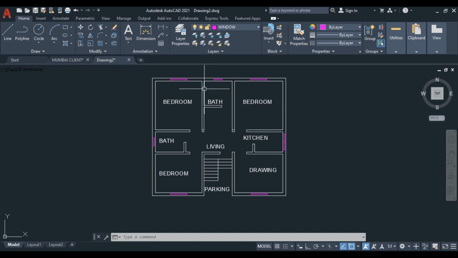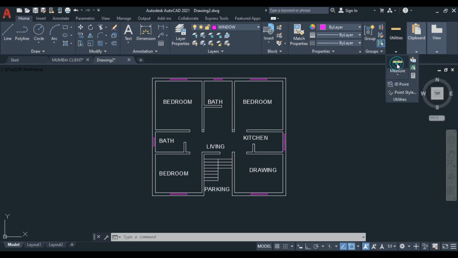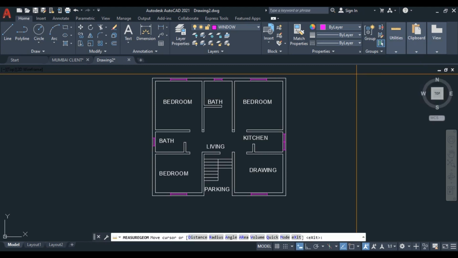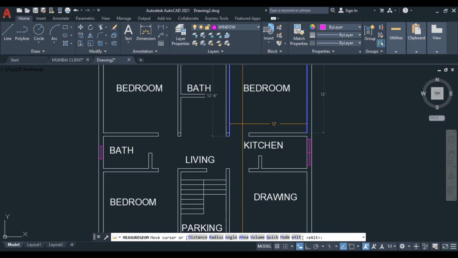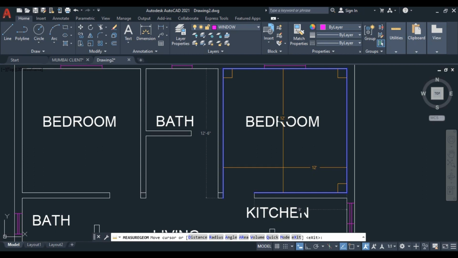Okay, for that, how to check the dimension? Just click on utilities, and here you can choose the quick option, and if you keep your cursor here, it will show the dimension. Okay, length into width, it will show the dimensions.